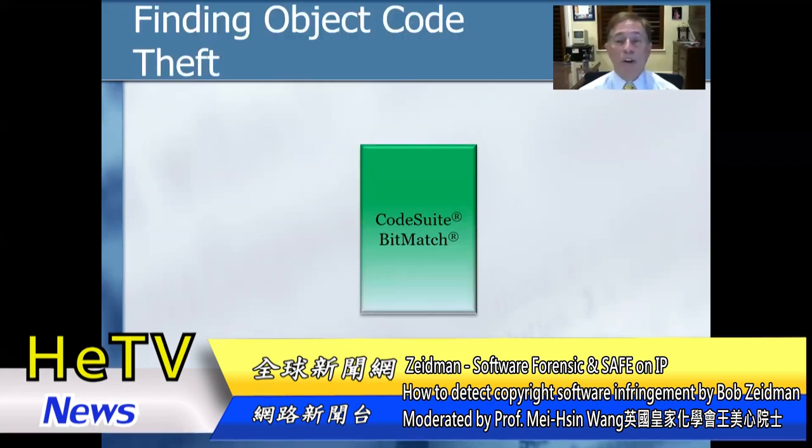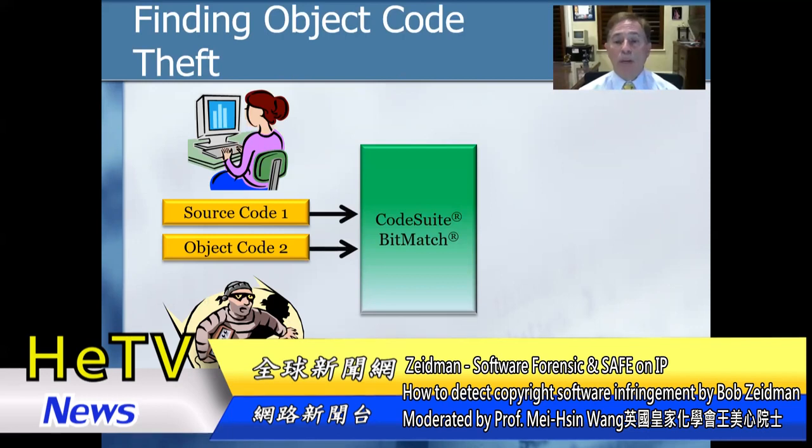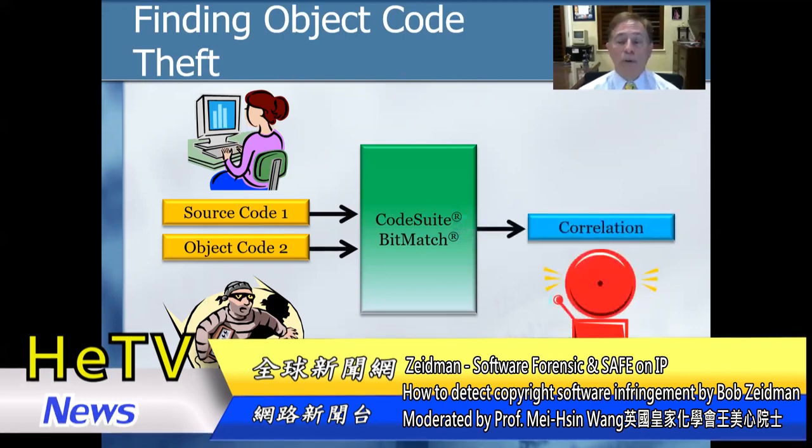We can find object code correlation in two different ways. The first way, we enter the source code of one program and the object code of another program into the bitmatch function of CodeSweep. That will produce a series of correlations, which can be a warning to investigate further to